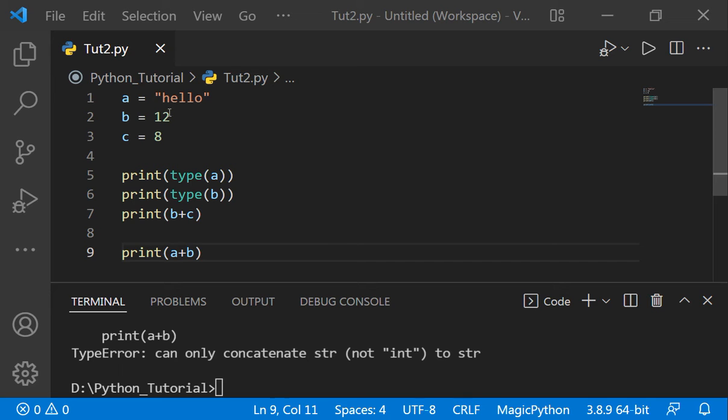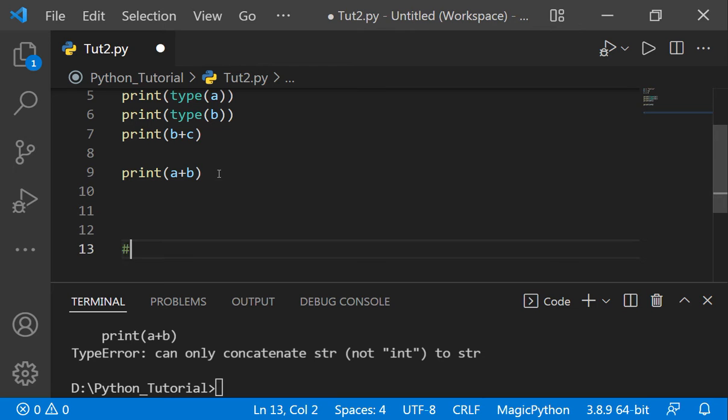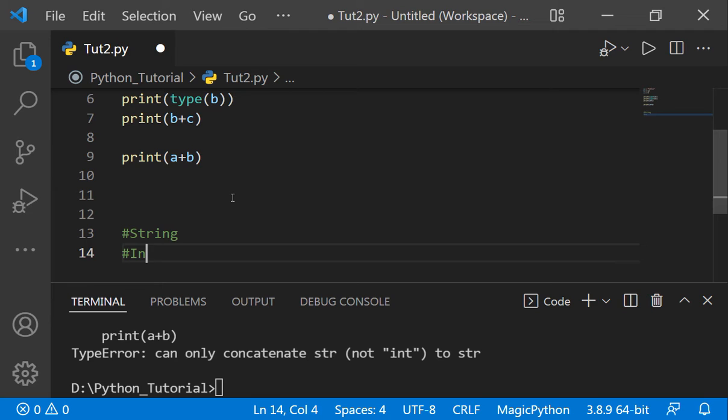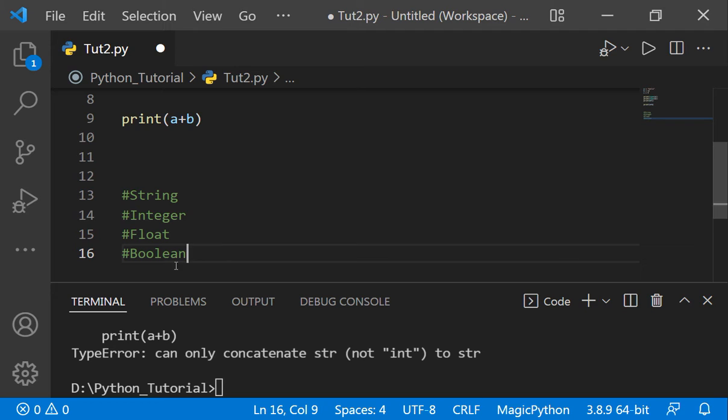So now I have told you about string and integer. Now let's see another type of data. In basics, some of the data types are string and integer, and next we have float, and then we have boolean. They are some of the basic data types. Okay,